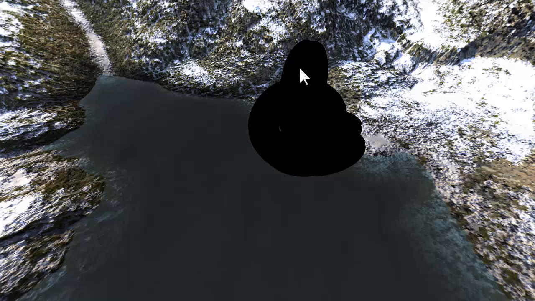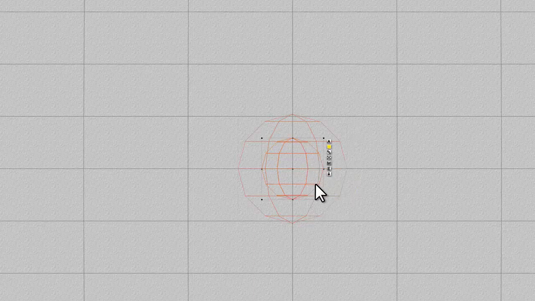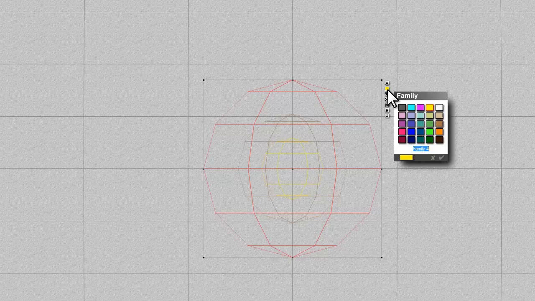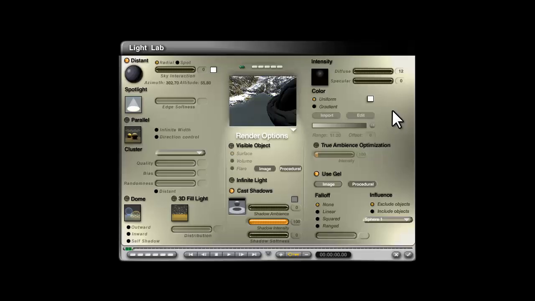And then what I can do is go to my light source, my initial one here, and copy and paste it again. I'll make that again a bit bigger. You don't have to make it any bigger, it's just so you can see that I've got different light sources here, that's all. I'll give it a different colour in the family group. So this is my new light source, and I'll edit that one, and instead of using a gel, I'll just switch that option off and provide white light, and then I shall just have that shining on the object that